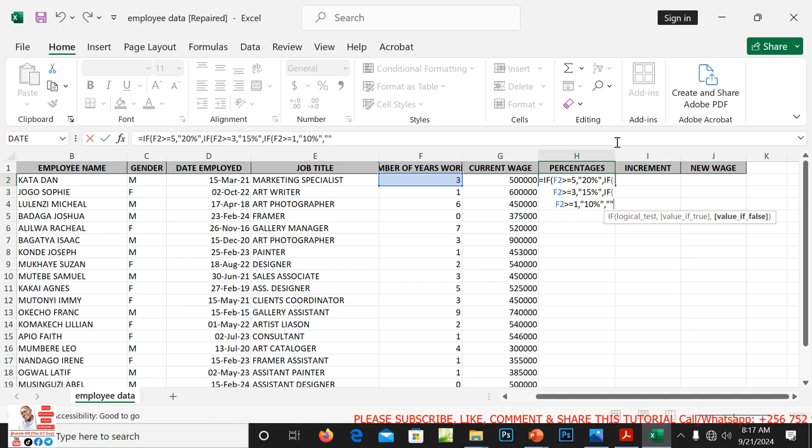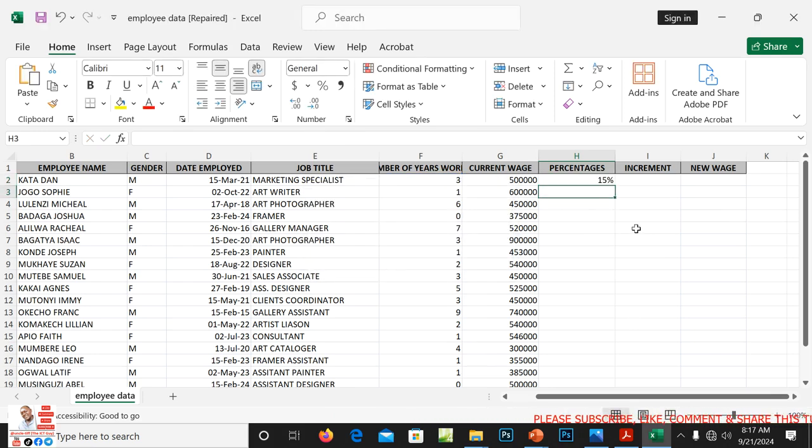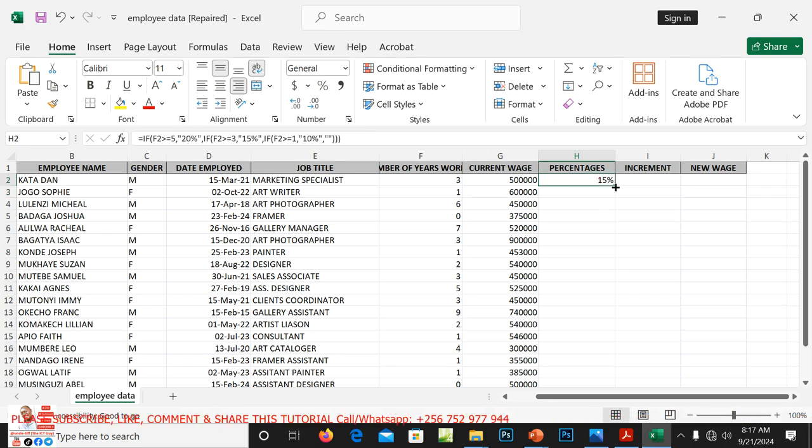Then we count the number of brackets that we have opened, plus this less than 1 year, which we take to be an active bracket. So we shall say 1, 2, 3, 4. Yes, enter.